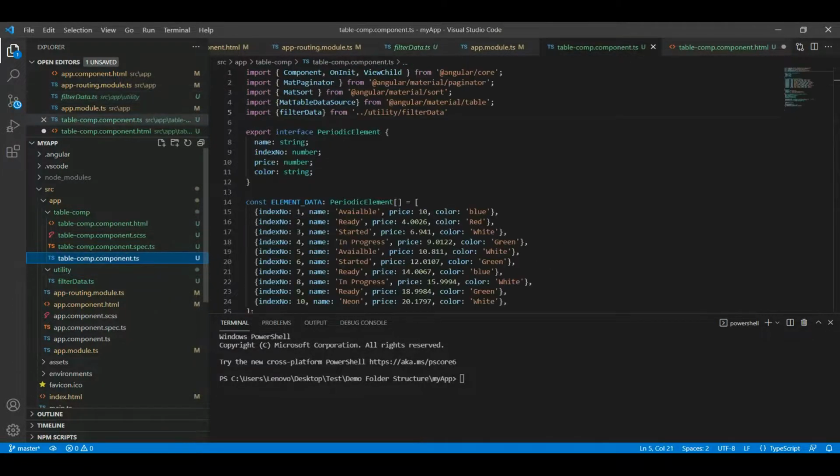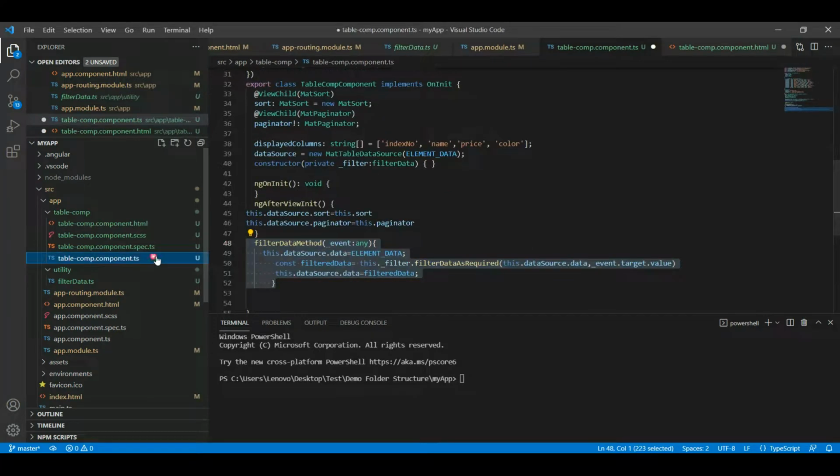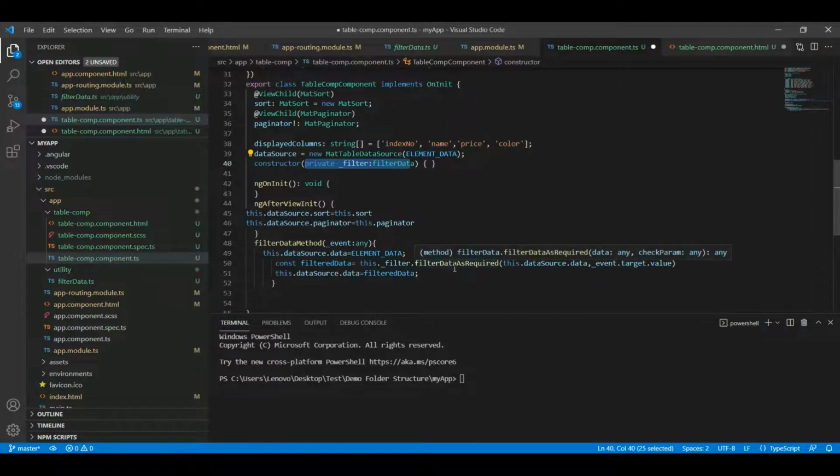Now we'll move to the TS. In TS, the filter data method is there. We are calling this method on the keyup event. We are initializing the filter data in the constructor and calling the method from that file, and we are passing the data source data and the value typed in the input box, that is event.target.value.